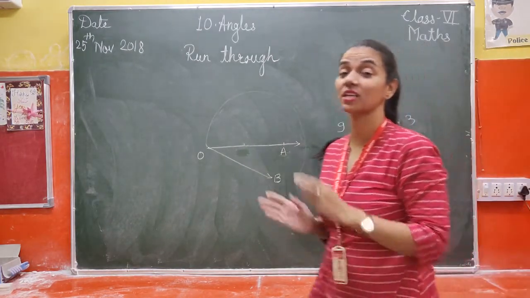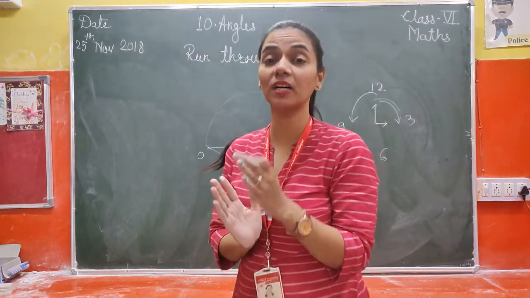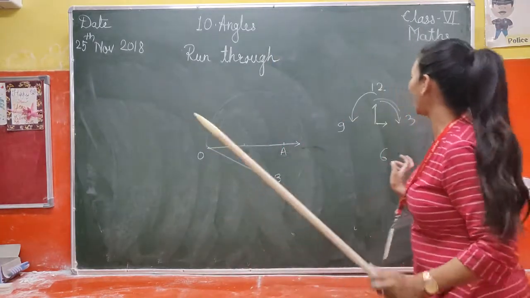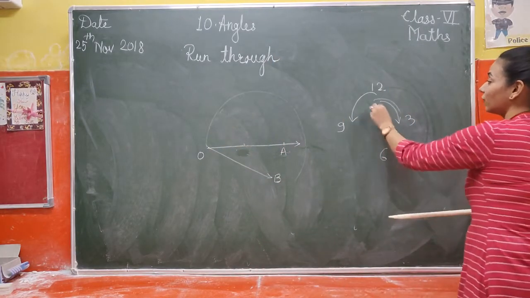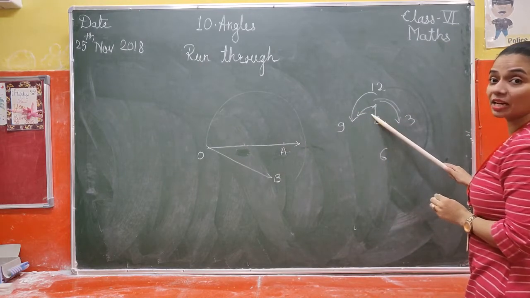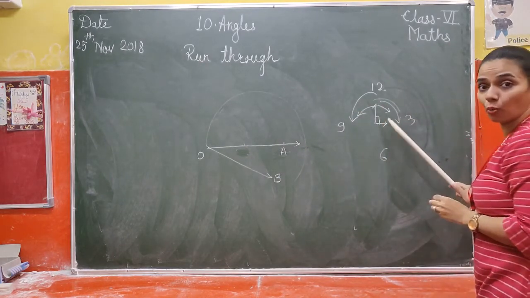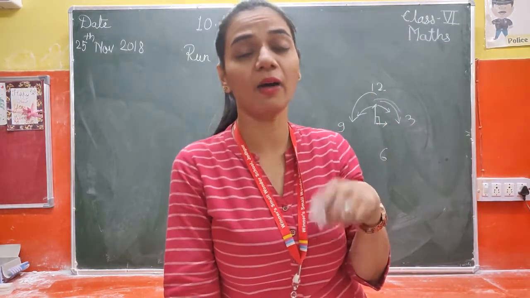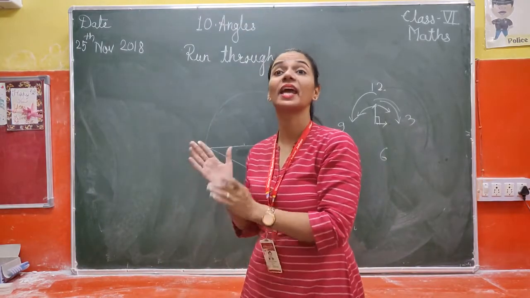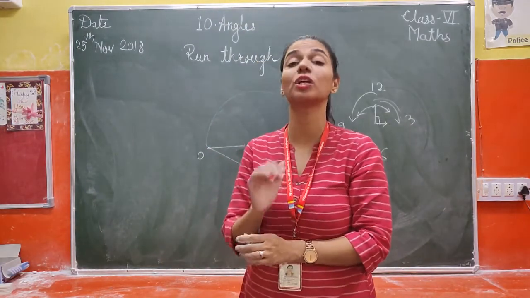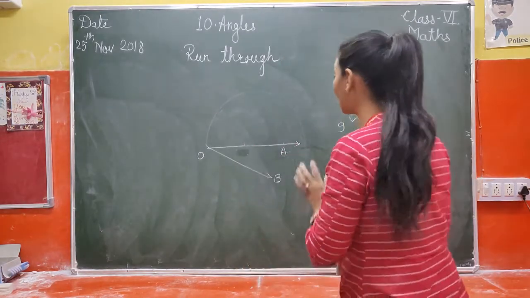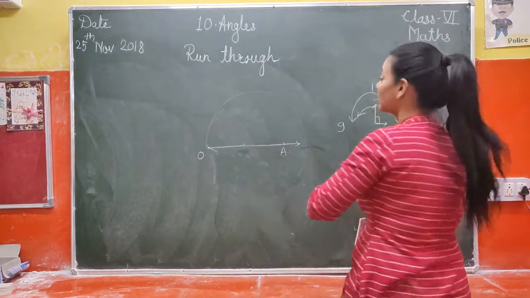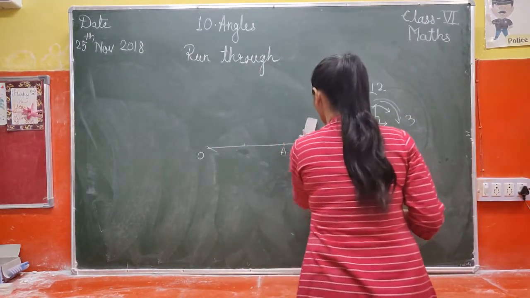is called anti-clockwise. If you see the hands of the clock, then you can find that they make different angles at different times. You can see here they have made a right angle, right? And if you move here, it is anti-clockwise. But if it moves here, then this is clockwise. So if my rays rotate in the direction as the clock hands rotate, then they are said to be in clockwise. और opposite direction में होते हैं तो उसको क्या कहते हैं? Anti-clockwise. So they have told us that the ray will rotate anti-clockwise. That is, it will take the opposite direction.